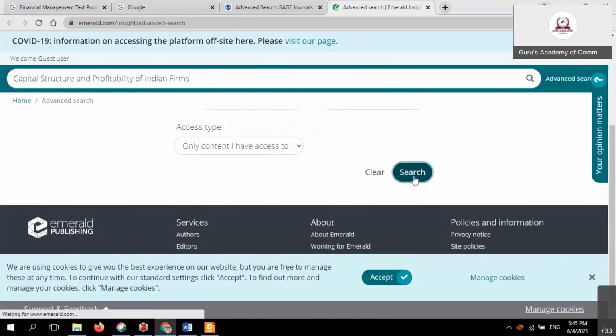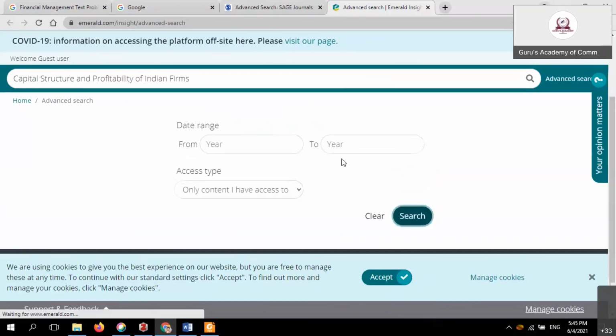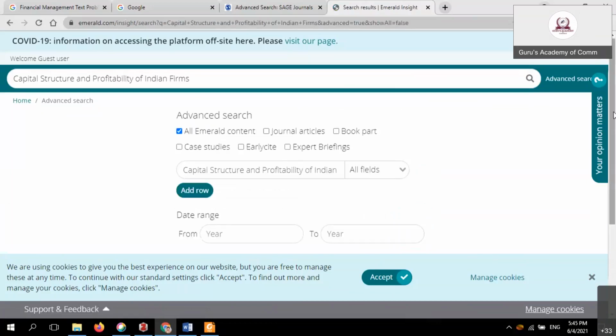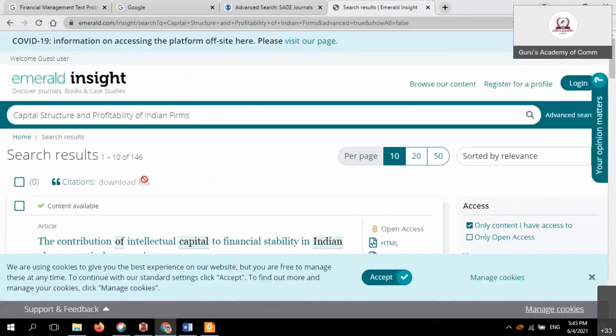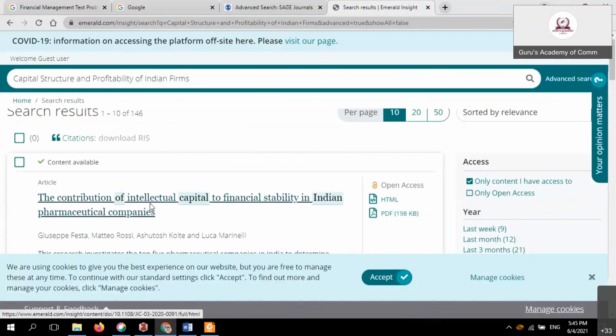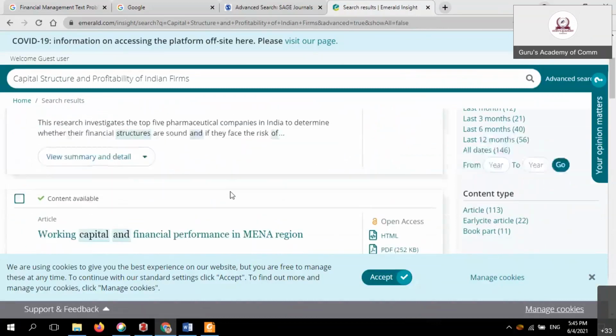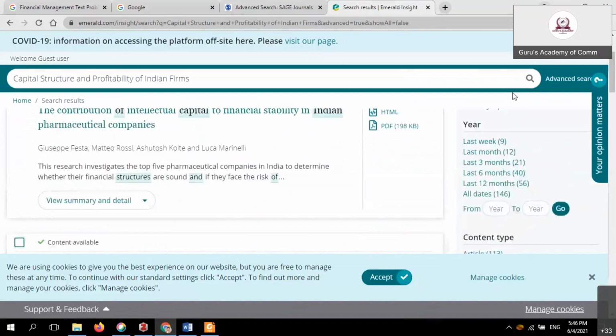The search process is going on. What is the content here? Okay, it is now opened. The contribution of intellectual capital is not related to the capital structure. Working capital is not in the capital structure.